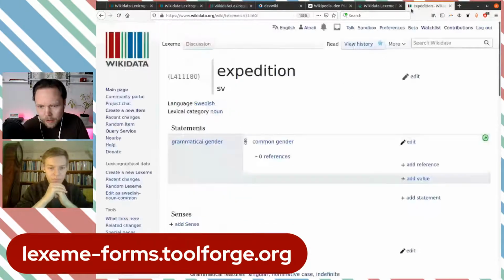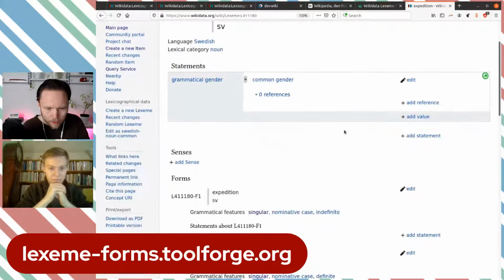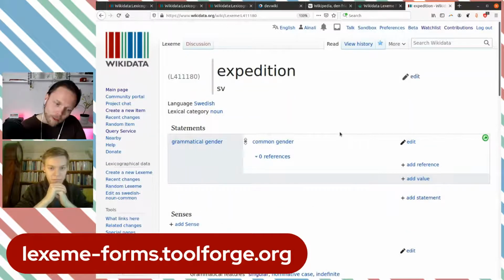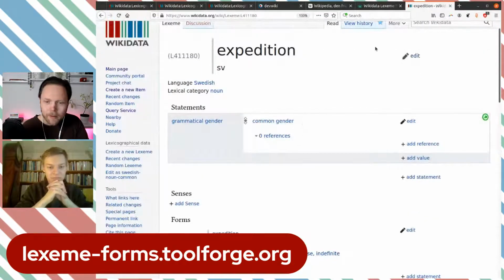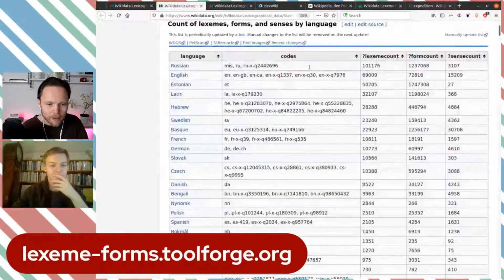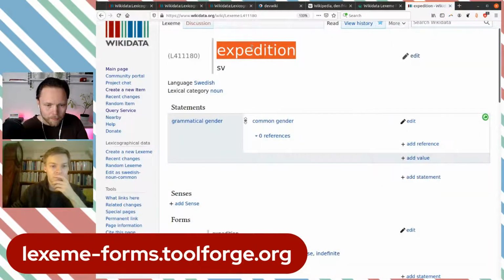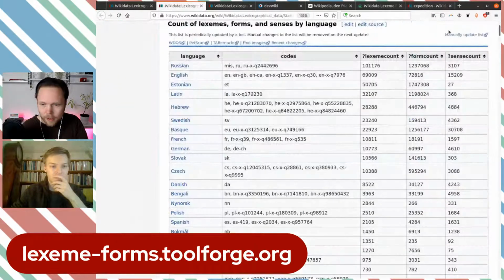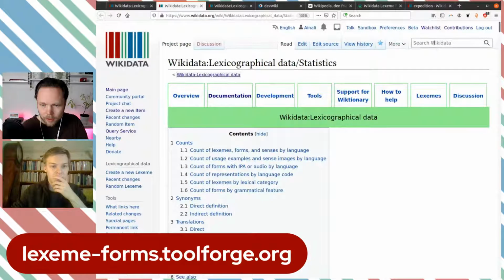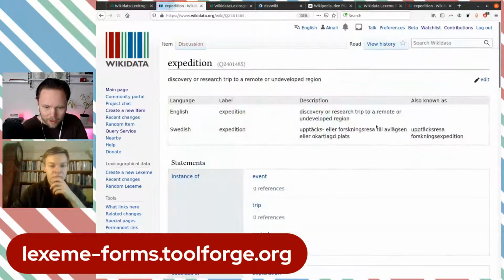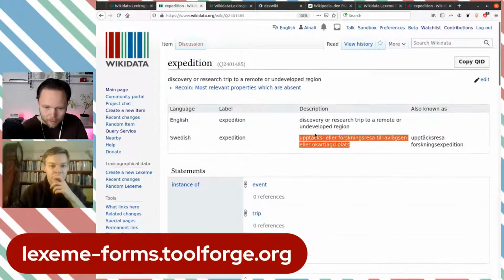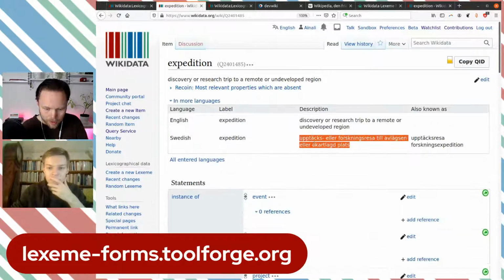No, actually, I'm going to go make this one a little bit better. Or will I? This was a tough one. I was thinking adding a sense. Let's see what Wikidata says about this. So I'll copy this over here. Just do a search. All right. We had something, at least in English. And we had something in Swedish as well. So I'll use this as the